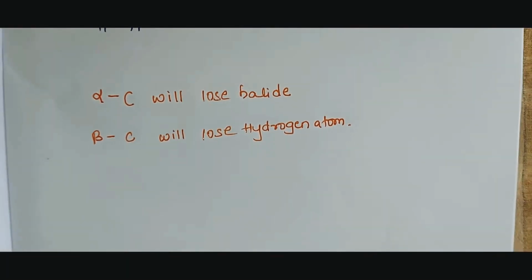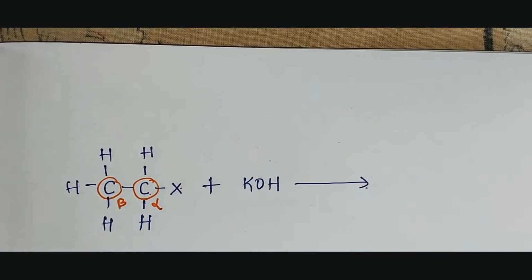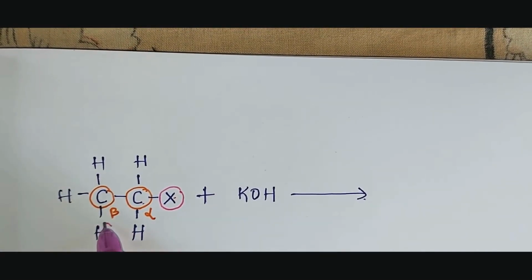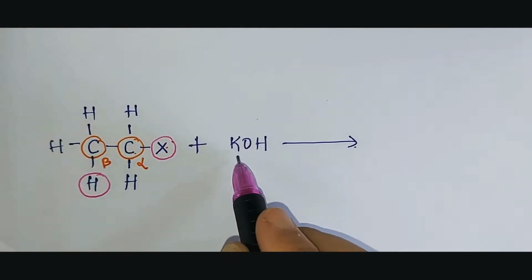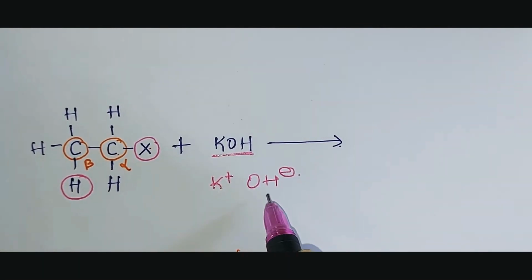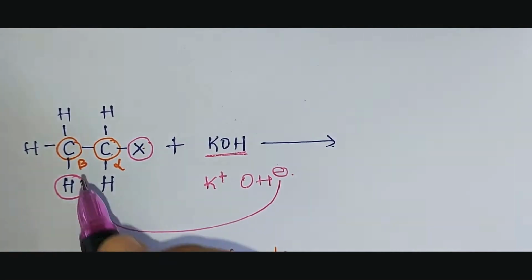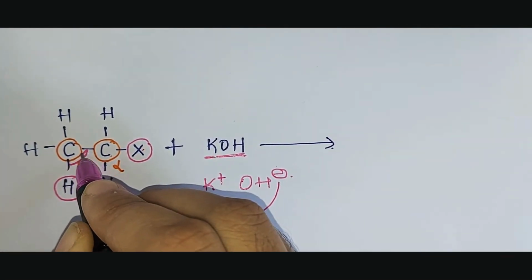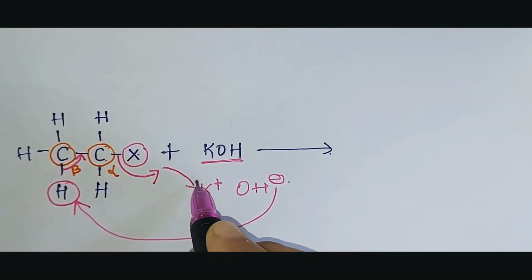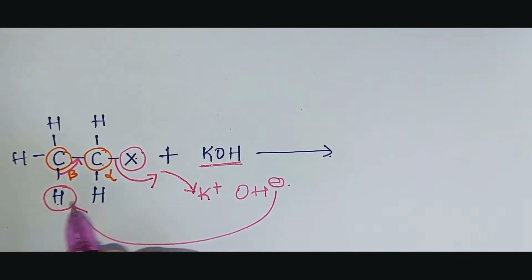So we'll consider our reaction. What do we observe here? The halogen which is present will be eliminated, and the hydrogen which is present on the beta carbon atom will be eliminated. KOH in solution contains K plus and OH minus ions. The OH minus ion will give its electron pair to hydrogen. Why? Because a negatively charged ion can give an electron pair. The electrons of hydrogen will be given to carbon, and the halide is eliminated in the form of X minus, and X minus gets attracted towards K plus and we get the halide. OH will react with H, and we get the product H2O.